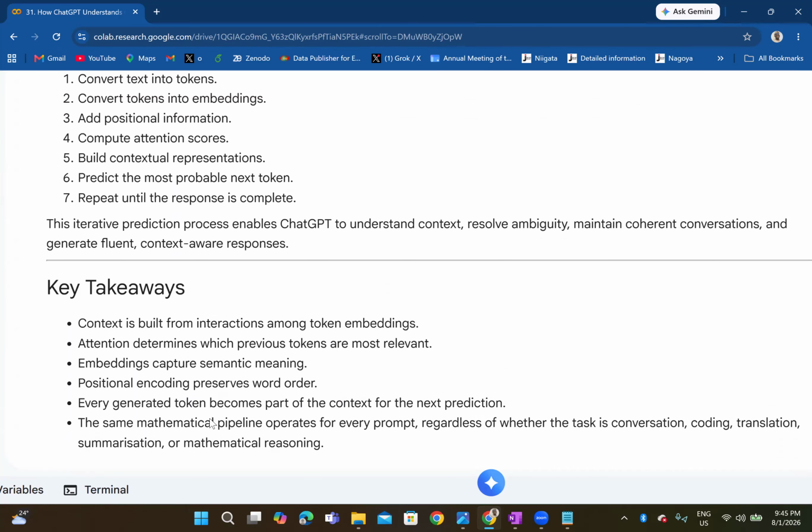And then we have the key takeaways there. Context is built from interactions among token embeddings. Attention determines which previous tokens are most relevant. Embeddings capture semantic meaning. Positional encoding preserves word order. Every generated token becomes part of the context for the next prediction. The same mathematical pipeline operates for every prompt, regardless of whether the task is conversation, coding, translation, summarization, or even